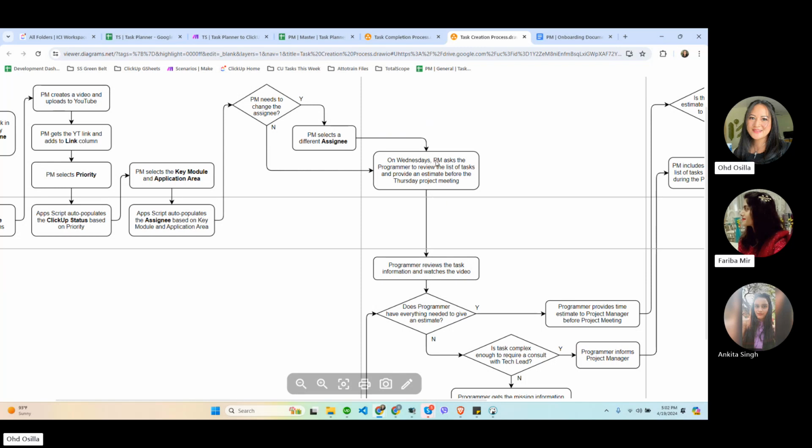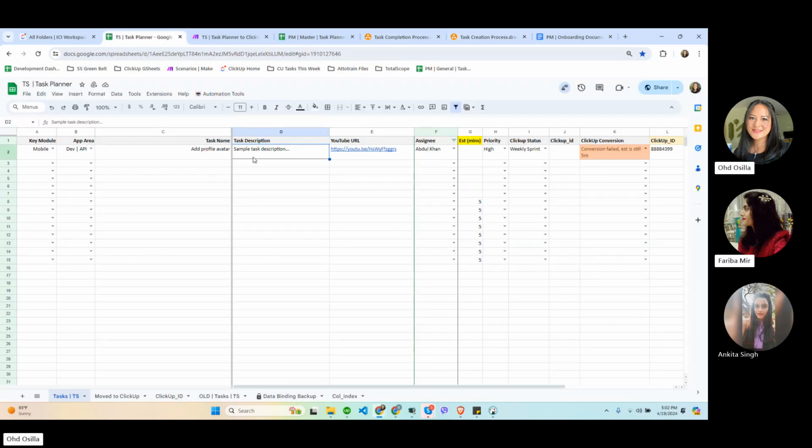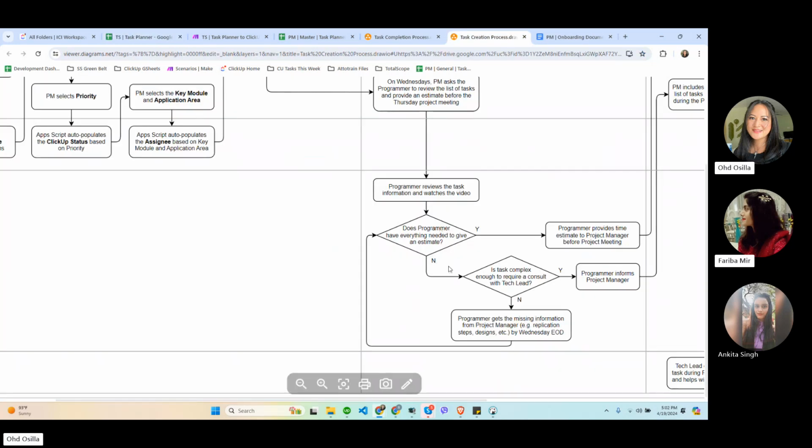The programmers will look at the task planner and check if they have all the information to give an estimate. If the information in the task planner is not clear, the programmer needs to tell you that.